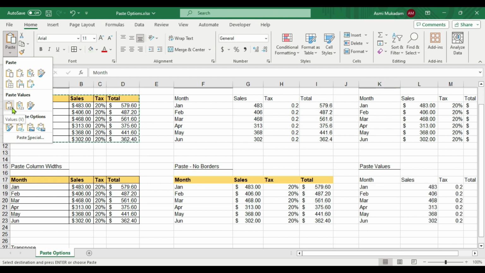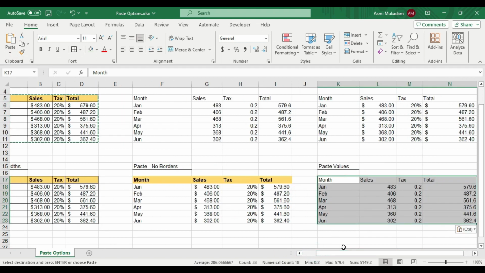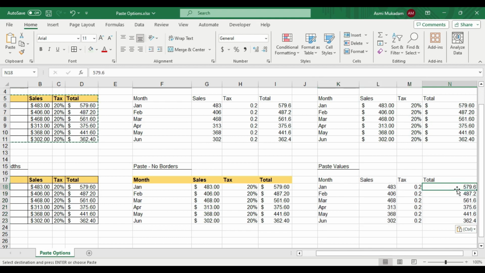Okay, so if I click this, this will remove all the formatting including the formulas. Okay, if I click here, you can see we are not able to see the formula, we only see the value here. So this will remove all formatting including the formula. No longer we are able to see the sum calculation here. If we edit the tags, it's not going to update even. Okay, so this is the paste value. Here we are going to paste only the values, nothing else, right? So this was our sixth option.